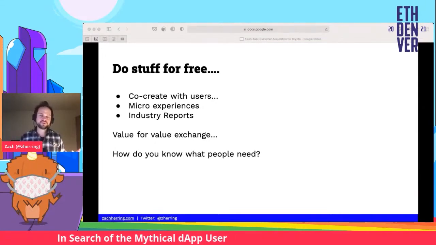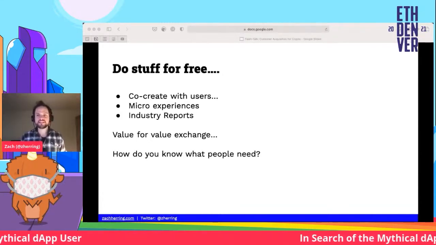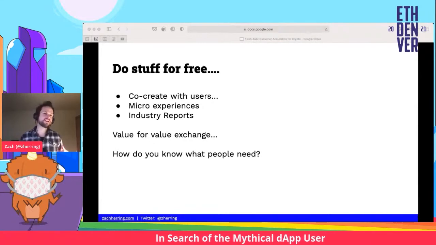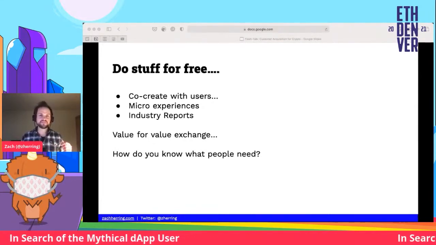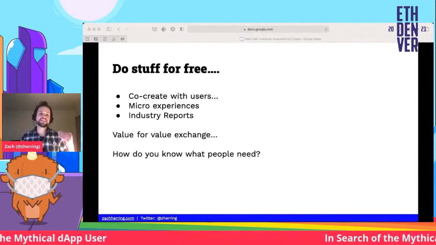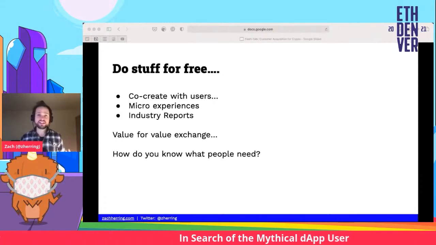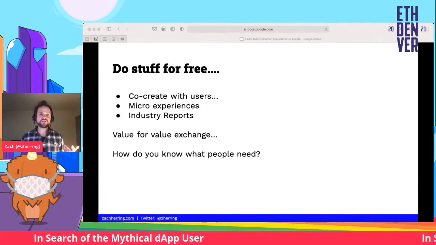And then finally, industry reports. One of the things I really like about the Web3 space is just how deep the research goes. People who are working on side projects will write white papers around everything that they've discovered. Think of these in terms of industry reports and how they can serve the people that you want to start building a beta list out of, or your first user base. These are also really, really